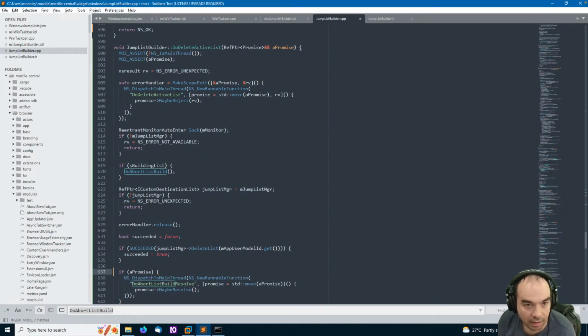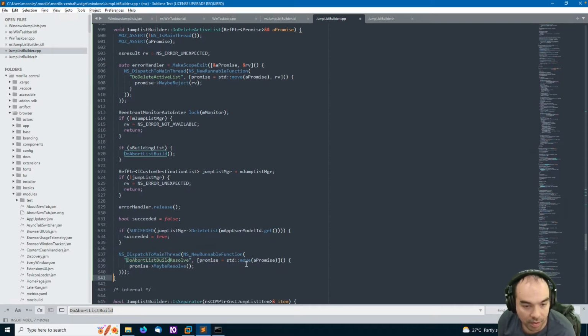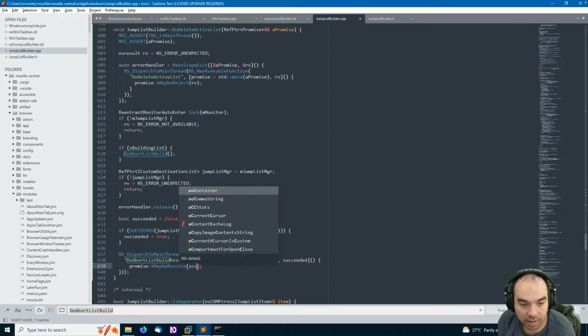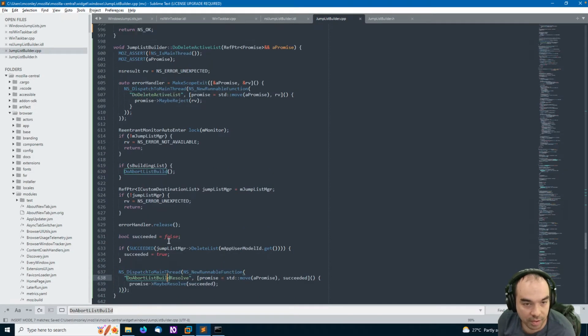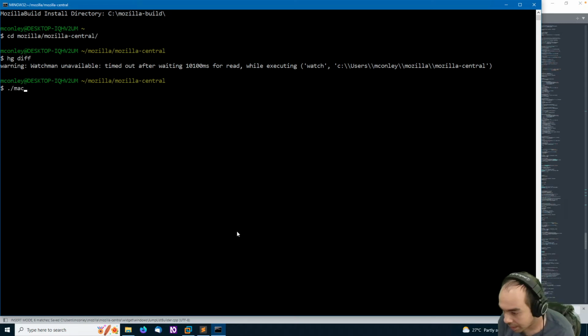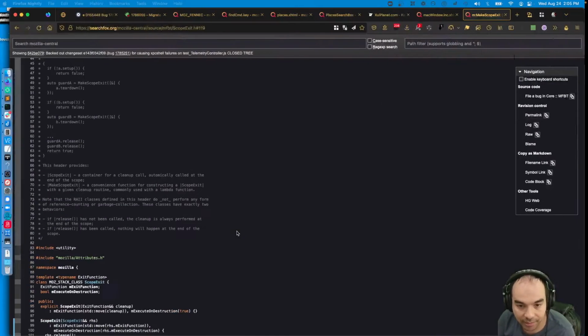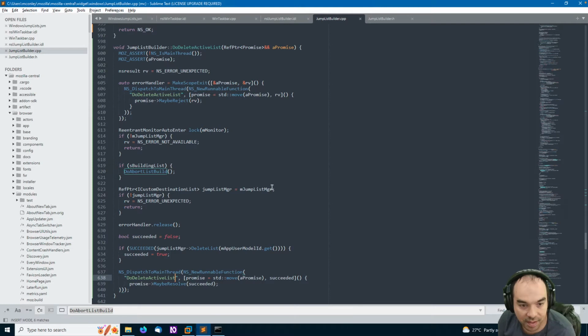And say, hey, resolve. Seated. What does this do? Delete active list. Do delete active list. Now I am expecting a number of compilation errors here. Let's see what we get. Let's see if we can suss those out.